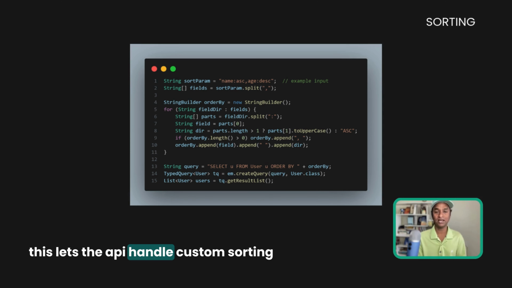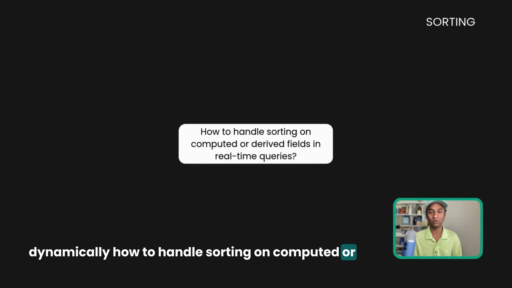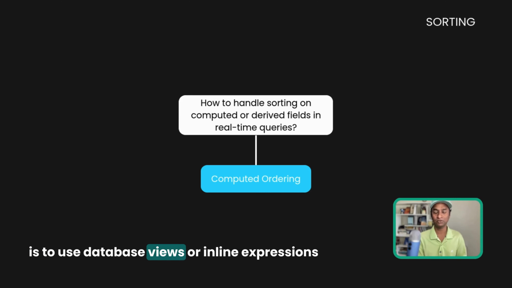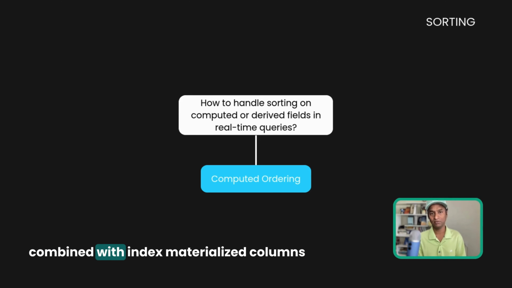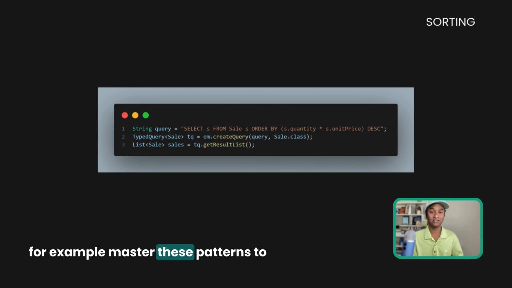This lets the API handle custom sorting like name ascending, age descending, all dynamically. How to handle sorting on computed or derived fields in real-time queries. One best practice is to use database views or inline expressions combined with indexed materialized columns, which optimize performance and make sorting efficient. For example, master these patterns to deliver flexible and performant sorting capabilities your users will appreciate and